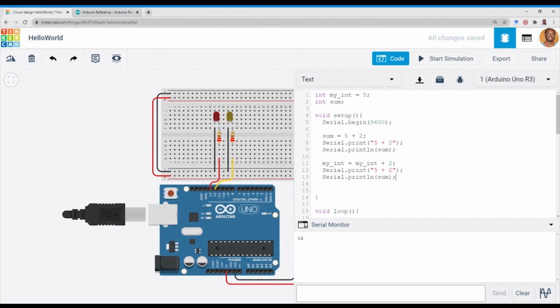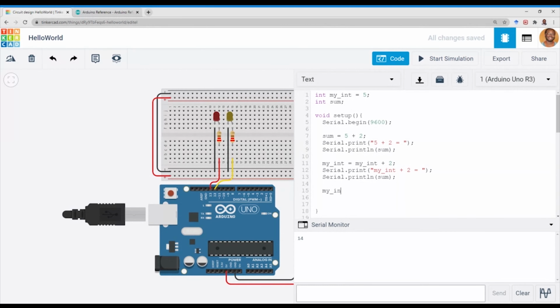In that output, we have our expression. And then we want to try another one, which is